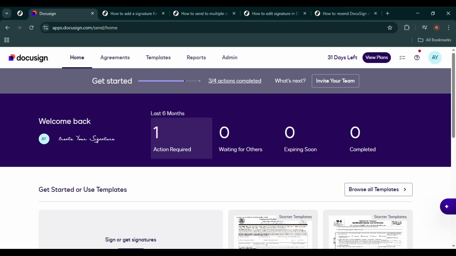In today's video, I'm going to show you exactly how to send a document to multiple recipients in DocuSign step by step. Whether you need signatures from 2 people or 10, this method makes it simple and organized. By the end of this video, you'll know how to upload your document, add multiple recipients, assign signature fields, and